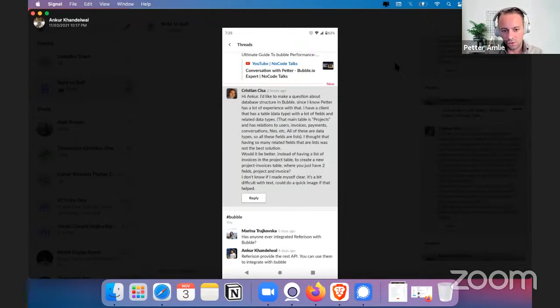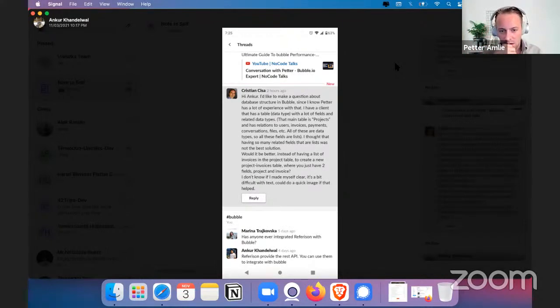So, doing the project invoices table, as you say here, it's usually done if you need to link things together in some other way, but it does require a lot of extra lookups when you display it on the screen, because you have one data type, and then you have to fetch the project, and then you have to fetch the invoice, and this data type links them together. And this will cause slight delays. If you're showing this in a list, you can see some delays in the rendering because it has to look up 3 different things, right?